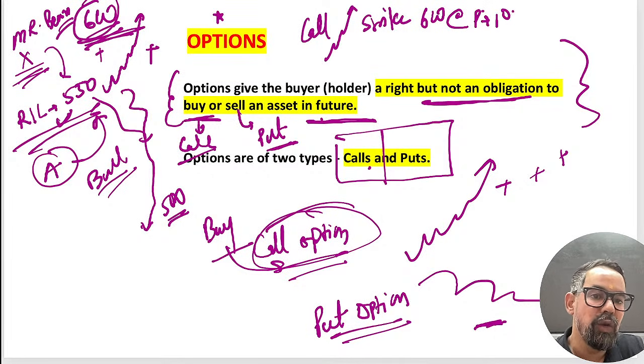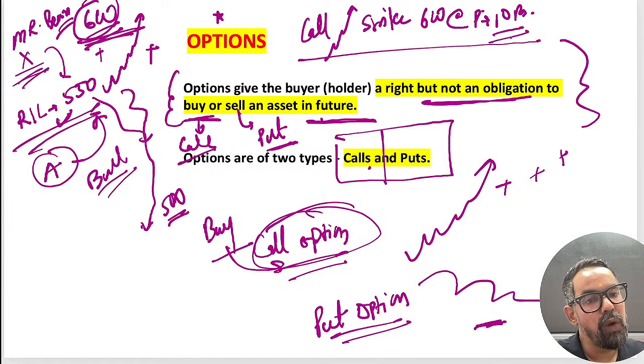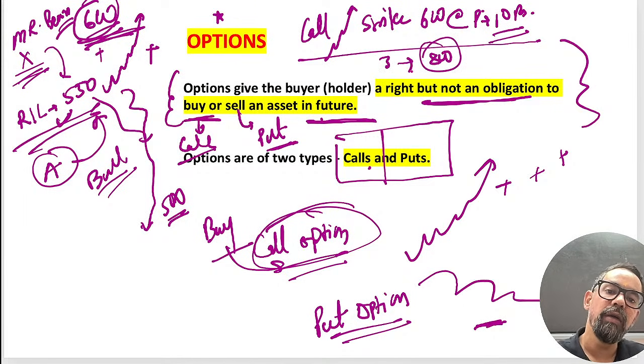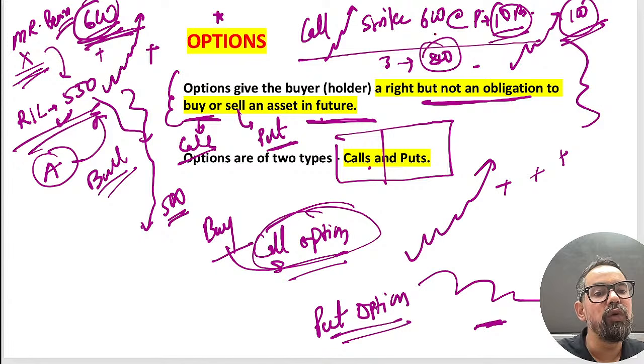Suppose that it is 10 rupees, right? Now what happened? By the end of June, if prices actually went up, let's say to 800 for Reliance, now what will happen? It's an in the money call. It's a profit situation. The expectations of this particular person are met. So this premium will also move up. Let's say it went to 100 rupees. So now the right to buy, X will exercise it.